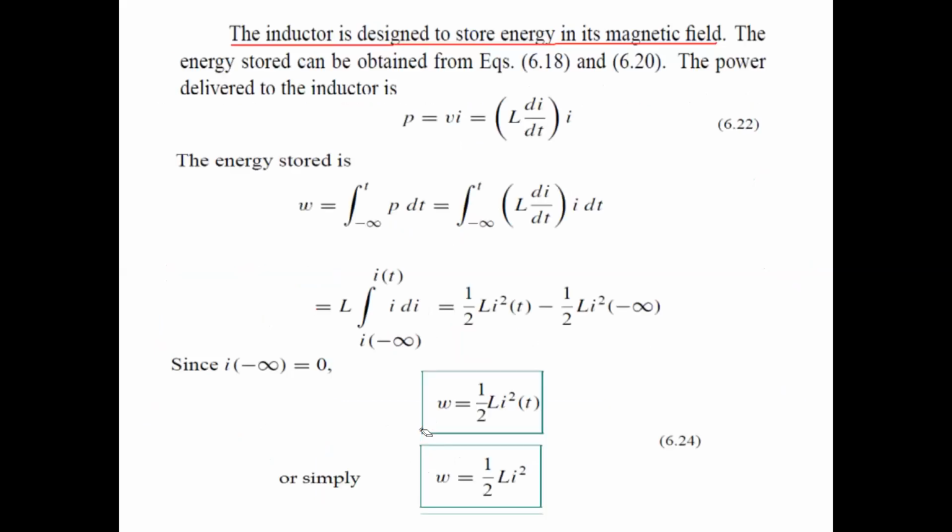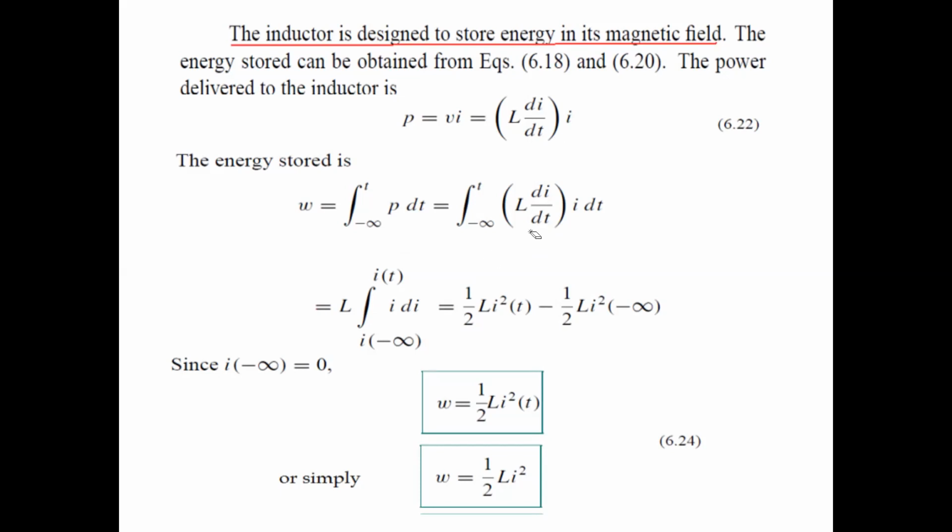Next, how can we find the power in the inductor? We follow the same procedure as we followed in finding the power in the capacitor. vi is the general formula. Instead of v, we can write L di by dt, and i is i. So energy is equal to, as you all know, the integral of p dt. Again, the limits are minus infinity to t. Instead of p, we can put this value,